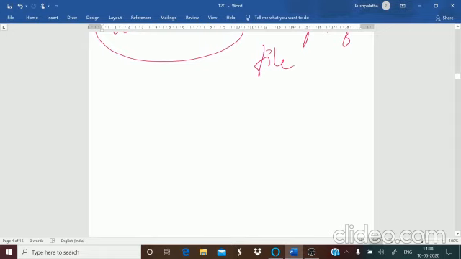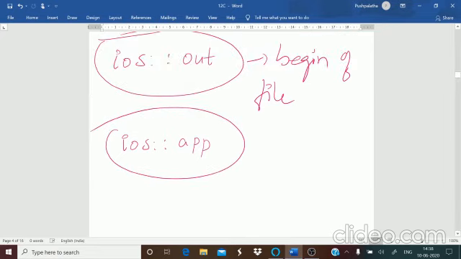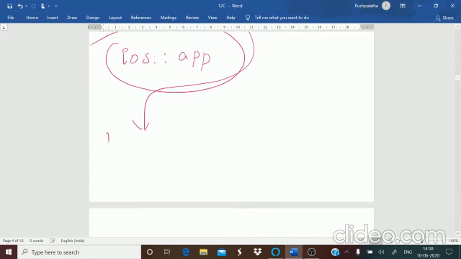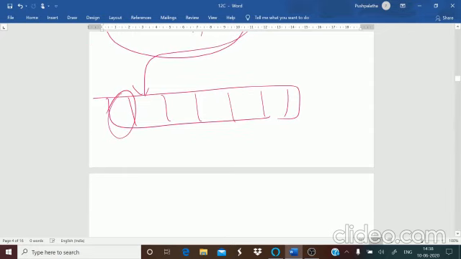Or if you use the mode as append, it puts the pointer where the next data location is. For example, if I give an example for this, it will be a blank one. The data will start here from the beginning, 0, 1, 2, 3, 4, 5, 6.